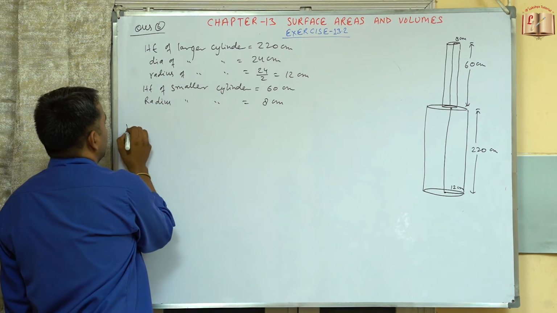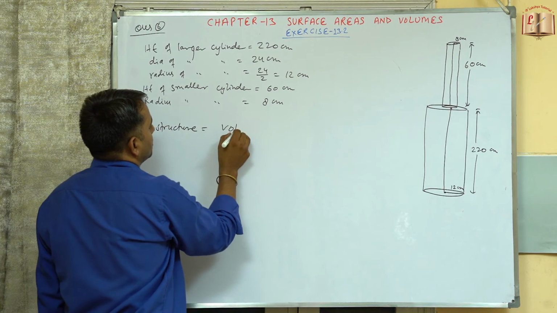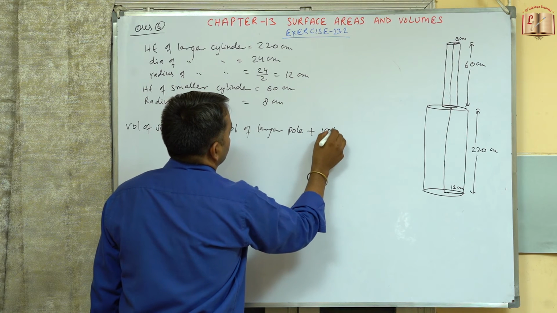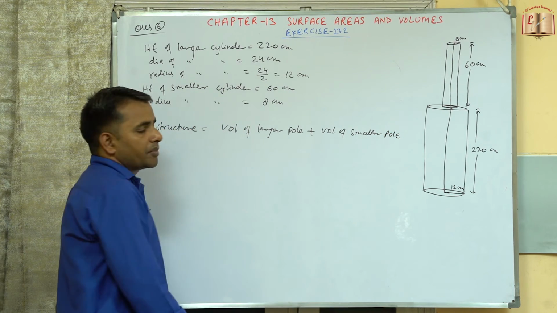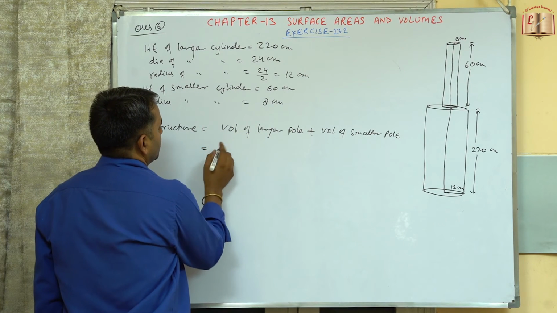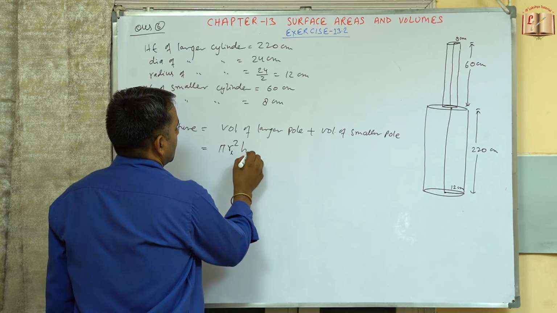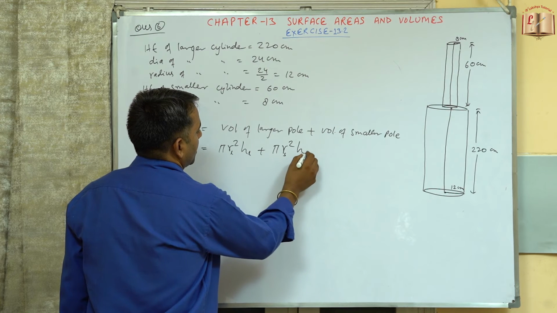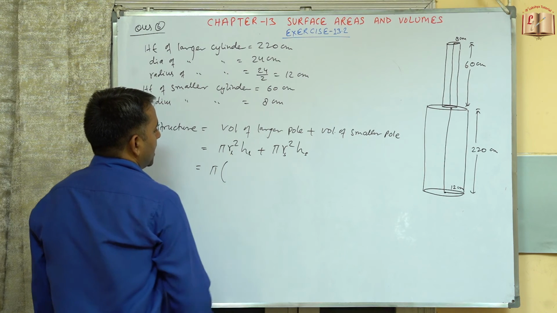So now we can find out the volume. So volume of structure is equals to volume of larger pole plus volume of smaller pole. So अभी हम क्या करेंगे, इन दोनों ही poles के volume को add करेंगे. So this will be equal to volume is given as pi r square h. So this is for larger and h for larger plus pi r square h. So r for smaller and this is h for smaller. So pi we can take as common. So this will be r square